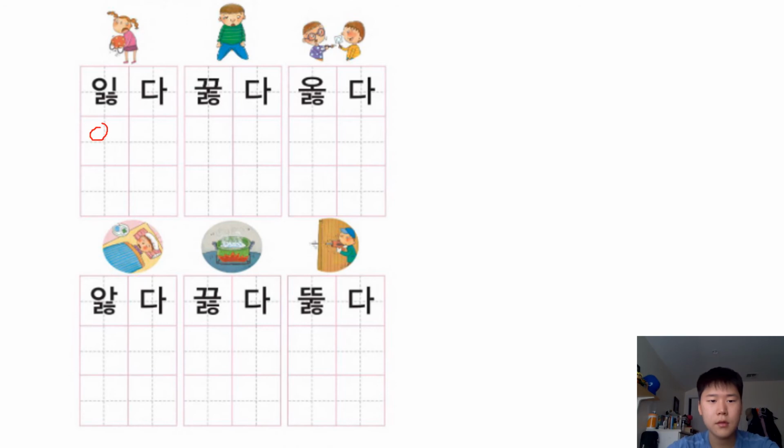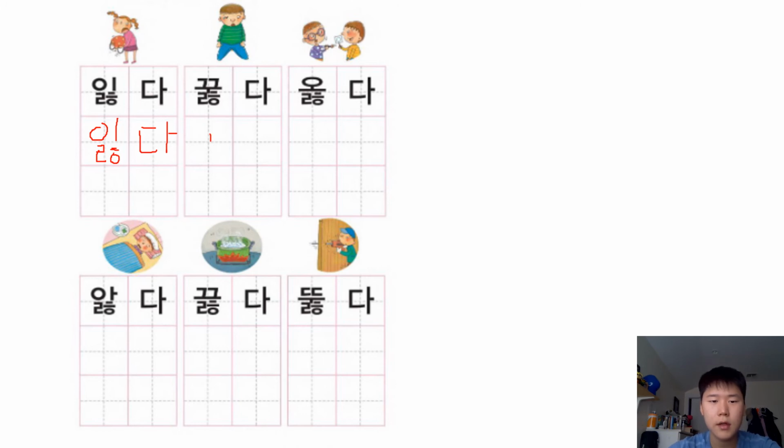So 잃다, right? And then the ticket. And then there is